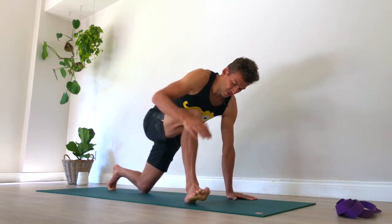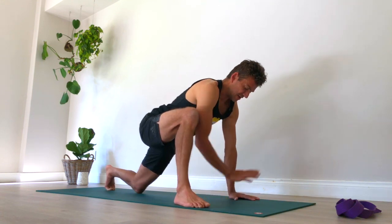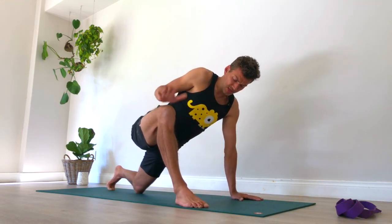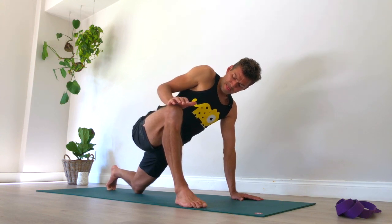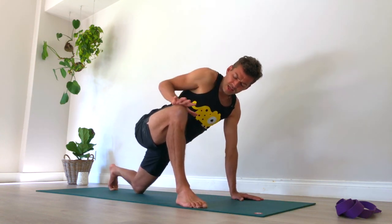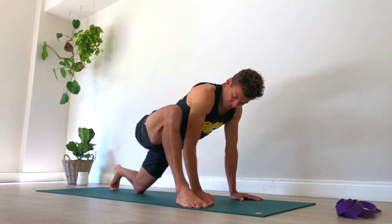Now place the right foot a bit wider to the edge of the mat. Left hand to the left side of the mat. So now try to mimic a squat with that right leg. So we're in hip flexion, knee flexion. That knee can go a little bit over to the outside of the ankle, but don't lift the inside of